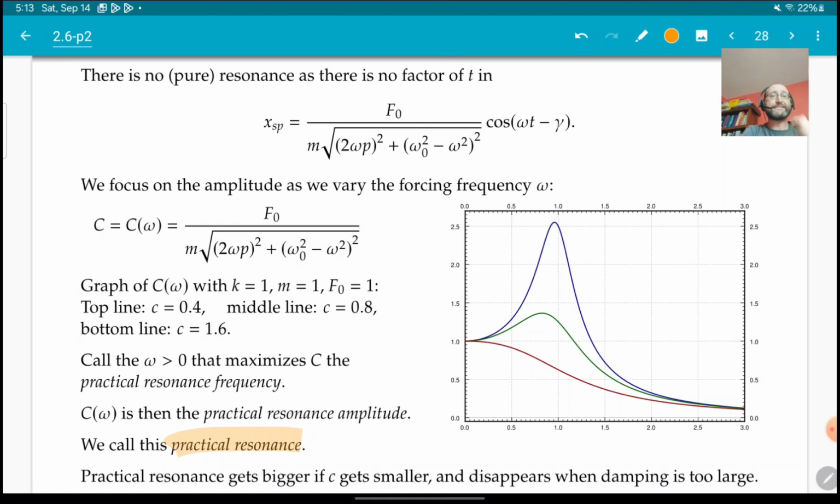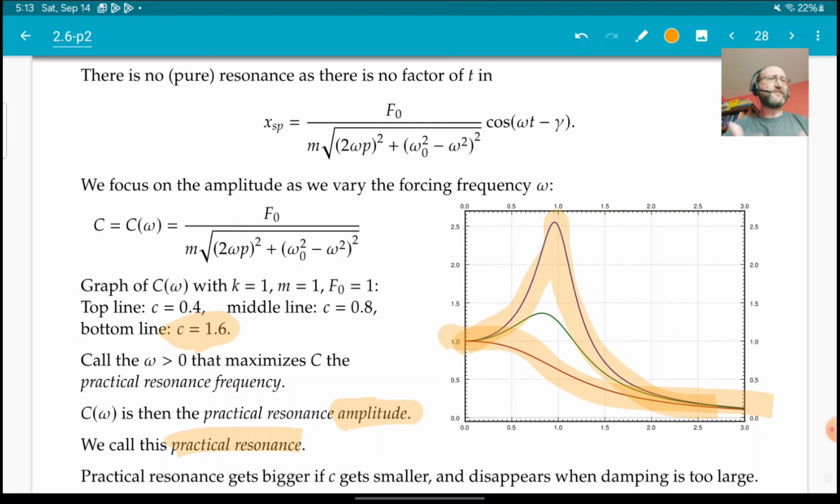And practical resonance gets bigger, so we're getting a larger amplitude, if C is smaller. You can see that here. And it disappears when damping is too large. So, for example, when C is 1.6, there is essentially